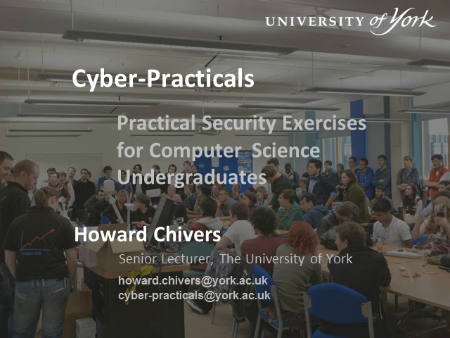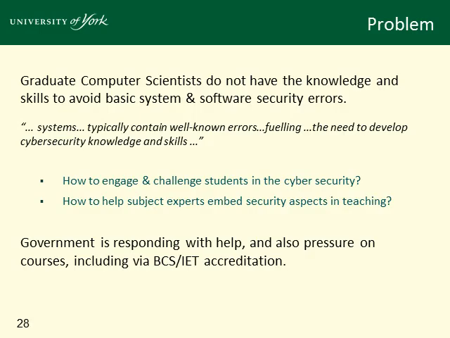So, what's this about? What problem are we trying to solve? Well, the problem that's been stated earlier on by Alastair and Adrian, which is that industry perceives that computer science graduates leave university without knowing enough about security to avoid basic errors, resulting at the UK level in developing systems with easily avoidable vulnerabilities. We're not learning collectively the basic security lessons which we're repeatedly taught by friendly attackers. So the problems to solve in course terms are how to engage students and how to help subject experts include security in their teaching.